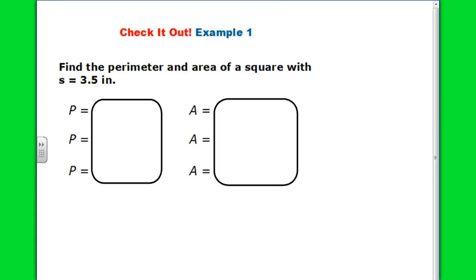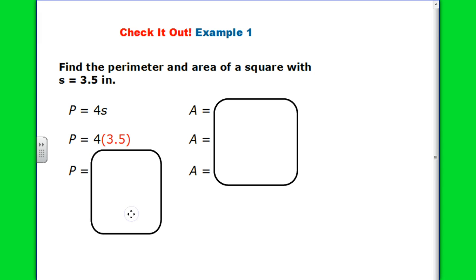How do you find the perimeter, Sarah? It's a square. 3.5 times 4. Good. Or we would start with that formula, right? And then she says 3.5 times 4. And can you do that in your head? I doubt it. 4 times 3 is 12,